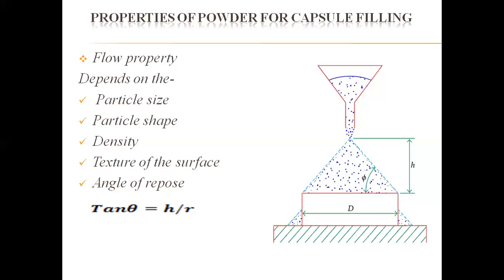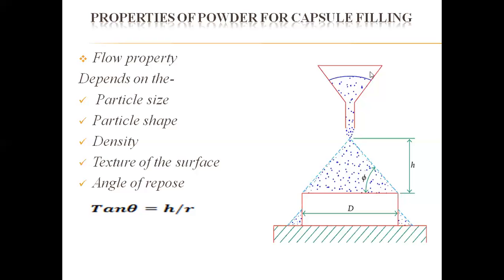The next is angle of repose. Now, angle of repose is the maximum possible angle between a horizontal plane and an inclined surface formed by a pile or heap of powder. When the powders are allowed to form from a certain distance on a horizontal plane surface, as the diagram indicates, in this diagram,